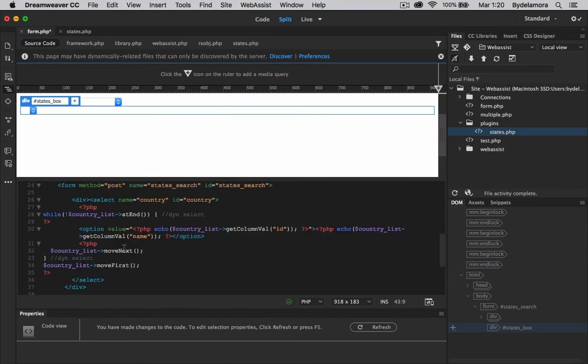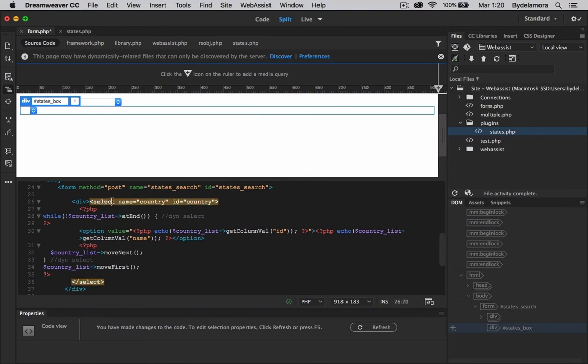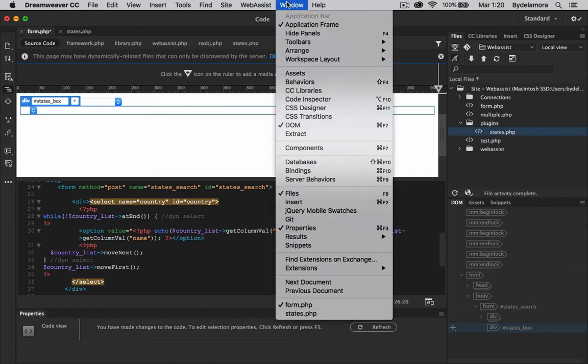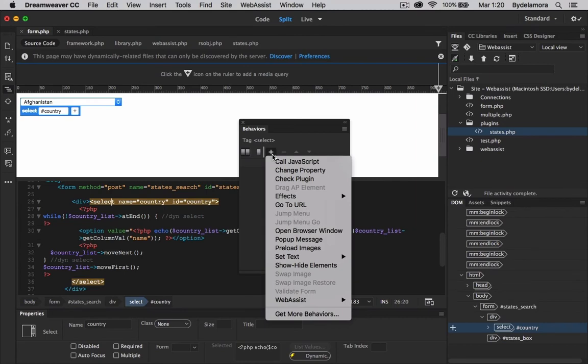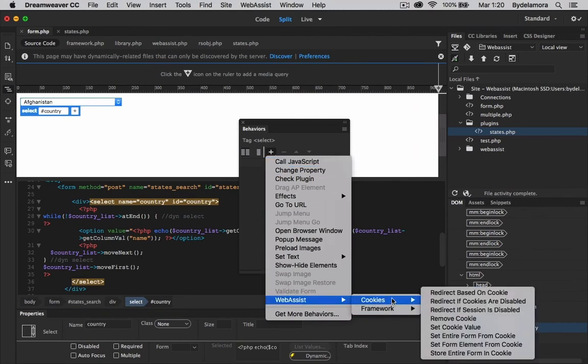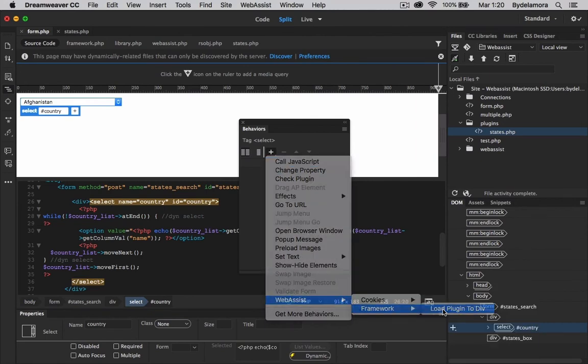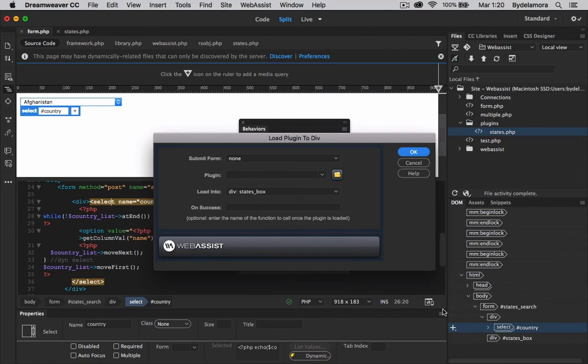Then finally, we're gonna select our first select called country, and we're gonna apply a behavior. Go to Window, Behavior, click on WebAssist, Framework, Load to Div. Then go to State Search, Plugin States, and we're gonna use the div states box. We click OK,